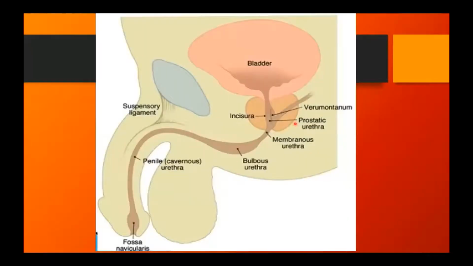So you can see here, after the neck of the bladder, we have the prostatic part of the urethra. Then we have the small membranous part of the urethra. Then we have the penile urethra, the lengthiest one. The penile urethra is having two parts. One is the fixed part, which is called the bulbous urethra or the bulbar urethra, and the free part is called the penile urethra. Once again, same pictures, to show the prostatic part, the membranous part, and then the penile part.